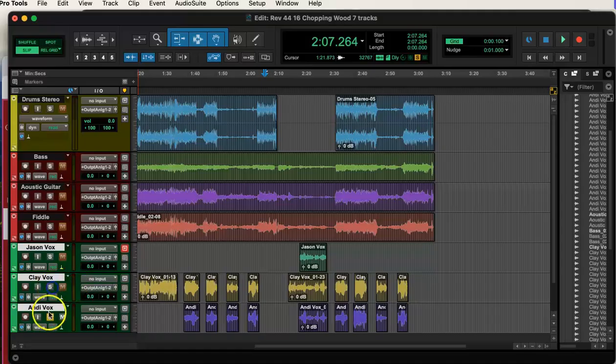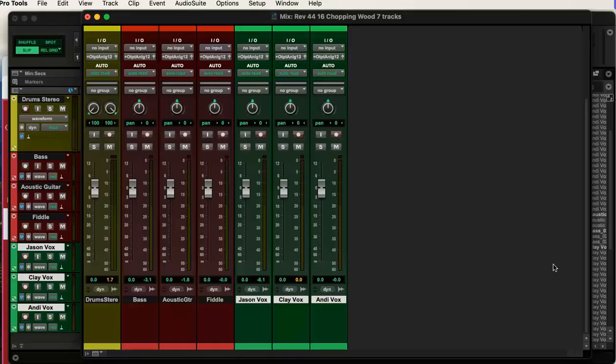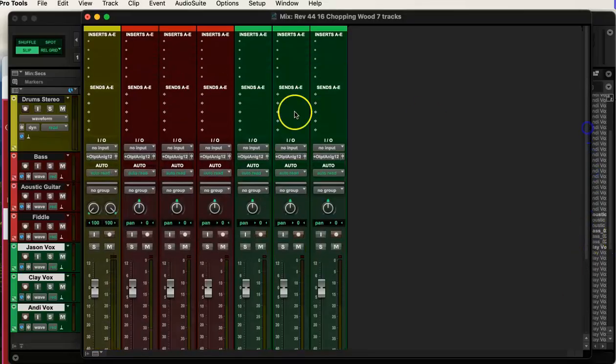All right, so let's unsolo my tracks. And I like to do the plugins always from my mixer. So I do Command equals. And I'm going to go towards the top where it says Inserts A, and I'm going to go ahead and